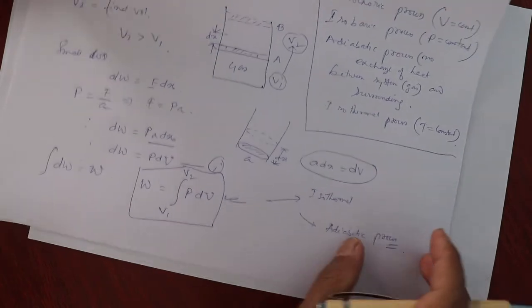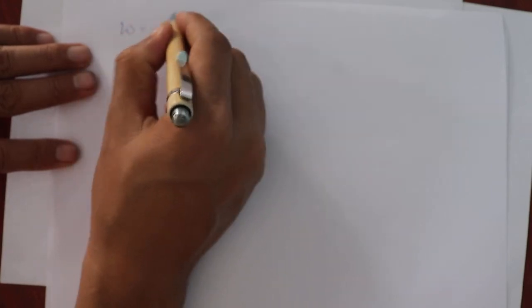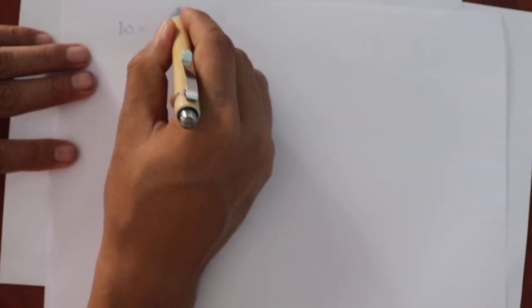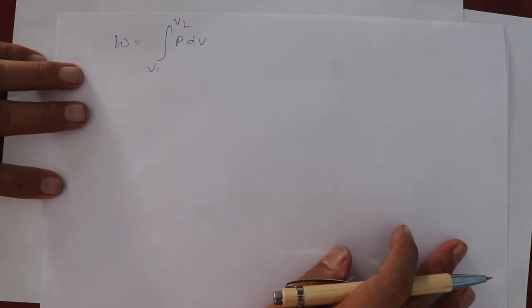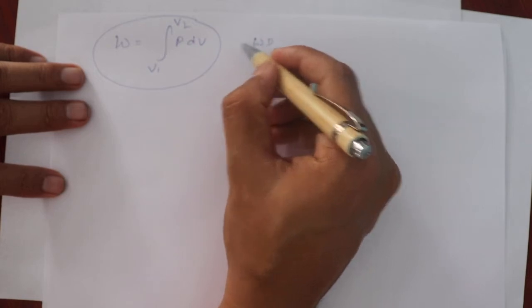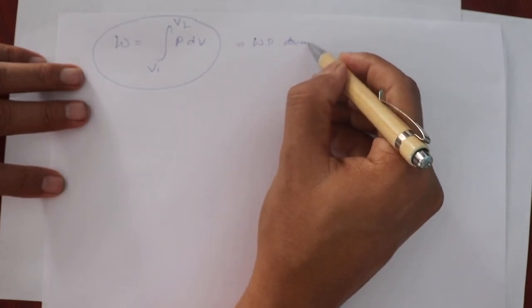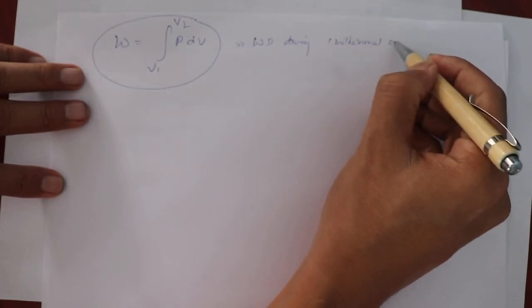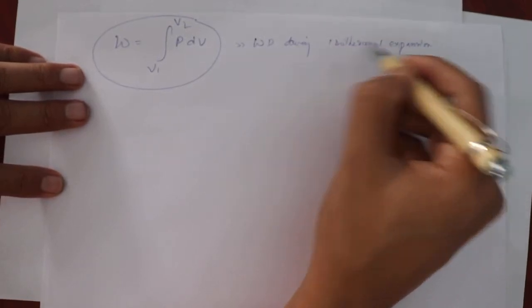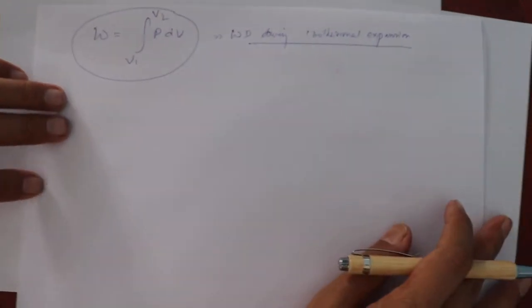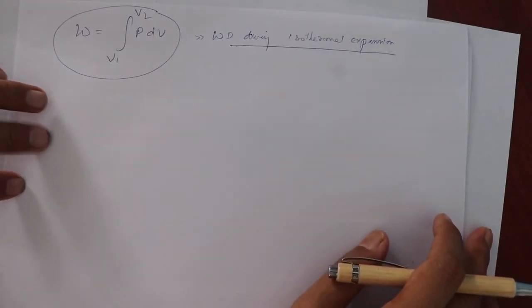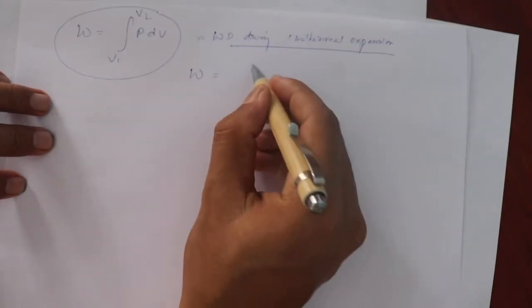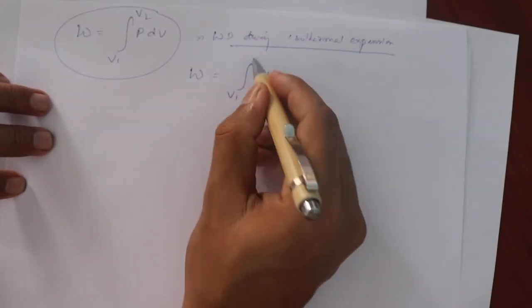So next, we will see how to apply this work done equation, work is equal to the integration of P dV from V1 to V2, to the isothermal process. So our topic should be work done during isothermal expansion of a gas. This will be our topic. Just now we have seen that work is equal to the integration of P dV from V1 to V2,